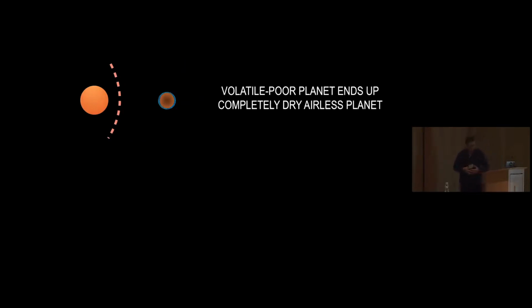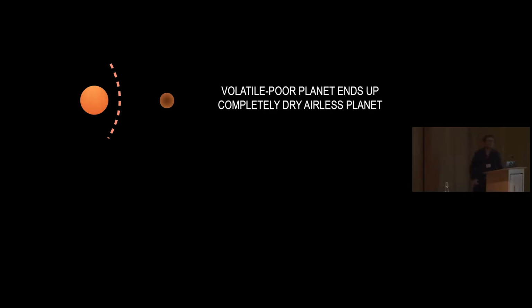As the stars go through the pre-main sequence phase, the planet spends a lot of time in this region of space where most of the volatile are expected to be in the atmosphere, thus exposed to atmospheric escape. And so if you take a planet like Earth and you make it live this kind of evolution sequence, then you would expect it to end up completely dry. So that's a possible option for that kind of planet.